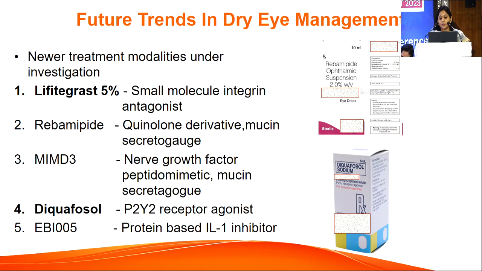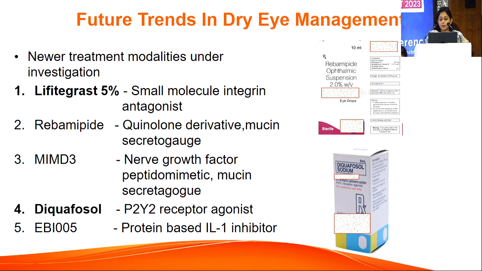Lastly, the few drugs which are under investigation or newer modalities: lifitegrast 5%, which is a small molecule integrin LFA-1 antagonist; rebamipide, which is a quinolone derivative and is a mucin secretagogue; MIM-D3, which is a nerve growth factor peptidomimetic molecule and a mucin secretagogue; diquafosol, which is a P2Y2 receptor agonist and helps in mucin and aqueous secretion;